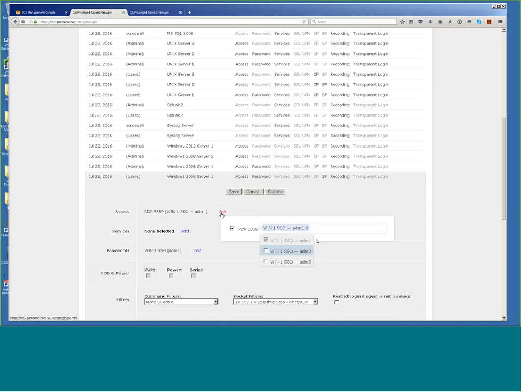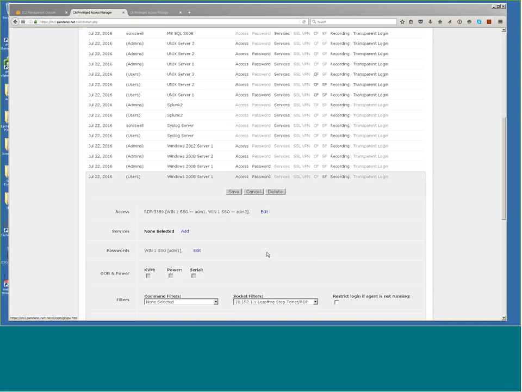So I can say I also want them to be able to use this admin 2 account. So I can say here they can use a local admin account, but we're also going to make available a domain admin account. And then you can put more different workflows together for those accounts. So you can say, if this user wanted to use the local admin account, go ahead and log them in. That's in their access policy. Go ahead and let them use the account. But if they want to use the domain admin account, I want to do dual authorization.